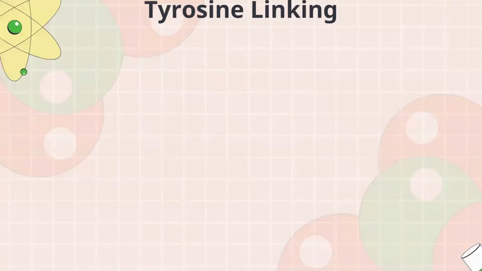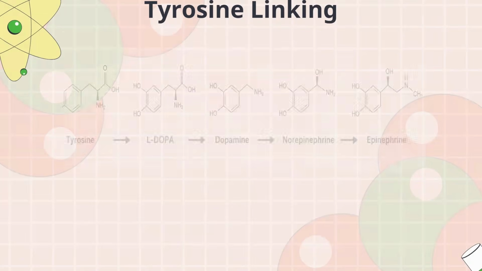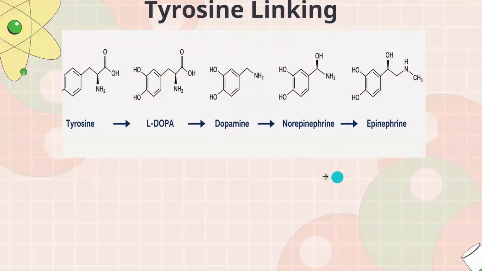Okay. Now let's link this with tyrosine, and talk about why tyrosine is linked to dopamine synthesis. For starters, we have this whole table, and I'll explain it properly, with all of the enzymes. If you remember in ERP as well, we talked about how tyrosine forms L-DOPA, L-DOPA forms dopamine, and dopamine eventually forms epinephrine. I'm going to mention all the enzymes and the cofactors you need to know for each. So tyrosine, to be converted to L-DOPA, is going to need tyrosine hydroxylase.